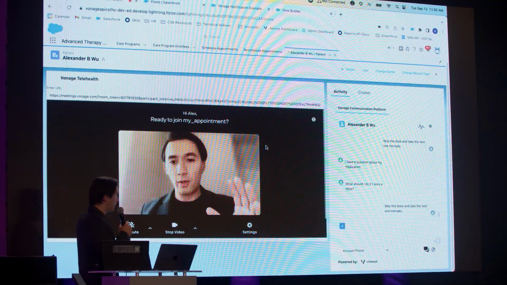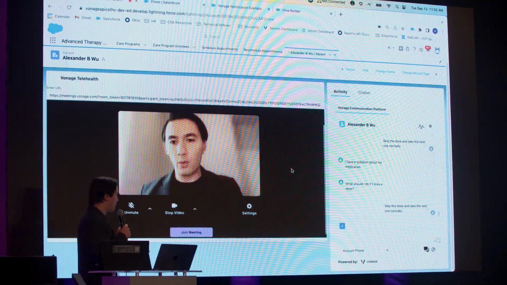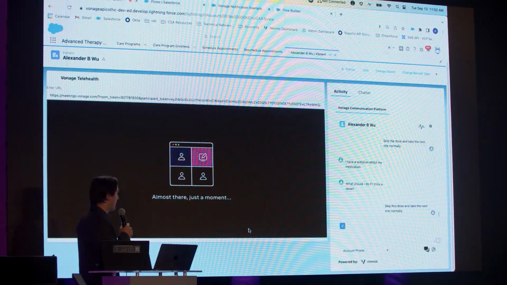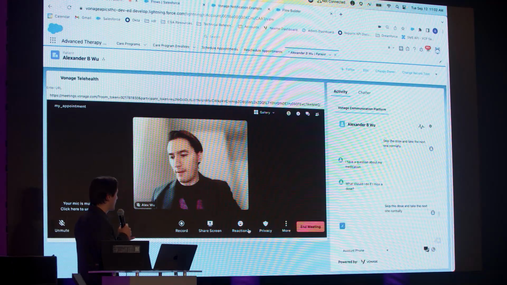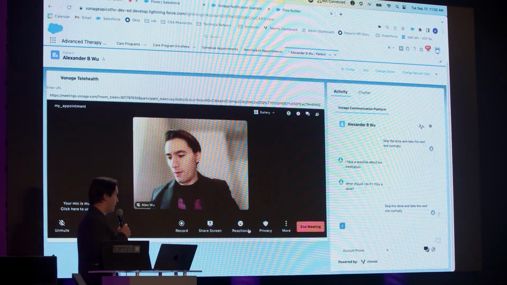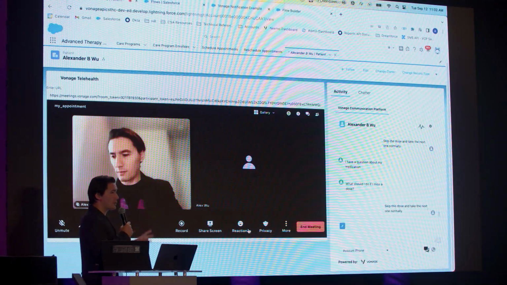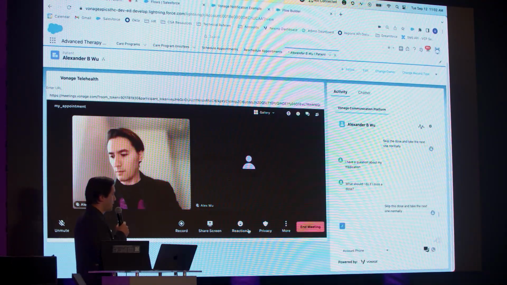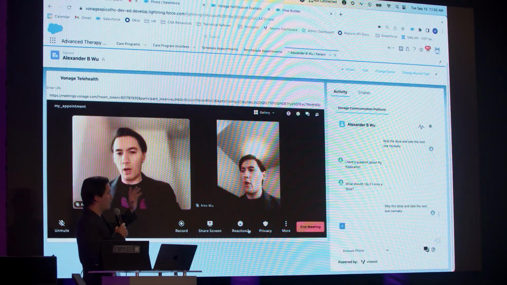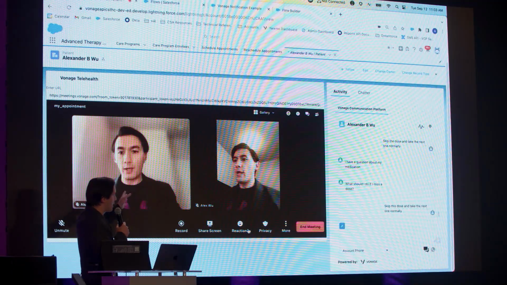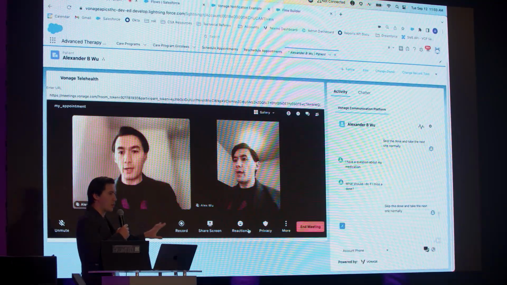I'll be joining the session both from the laptop and from a mobile device, so you can get a sense of what the UI looks like. Both of these components are fully mobile compatible, so you can have the provider on a laptop, the patient on a phone, and everything will work seamlessly.